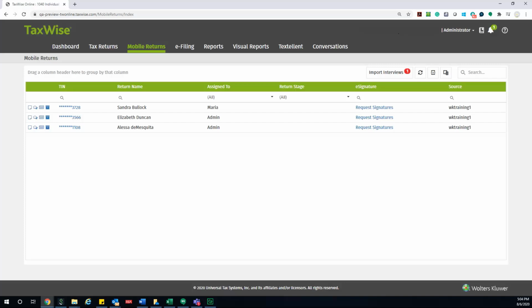For the 2020 tax season, TaxWise Online added a new tab where you can manage returns that were created from a TaxWise mobile import. Tax preparers needed an easy way to work through returns initiated in TaxWise Mobile. The Mobile Returns will also be visible from the Tax Returns tab. Keep in mind that the Mobile Returns tab, along with portions of the Conversations tab, will only be visible for